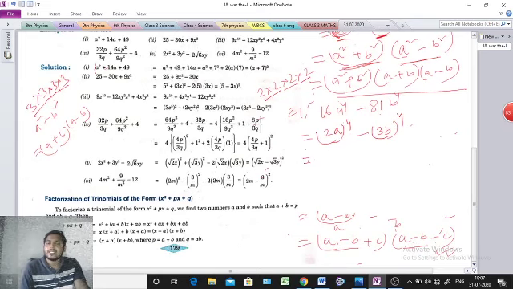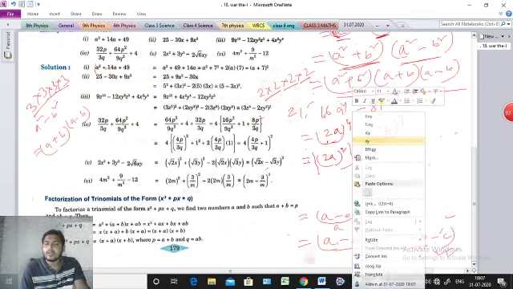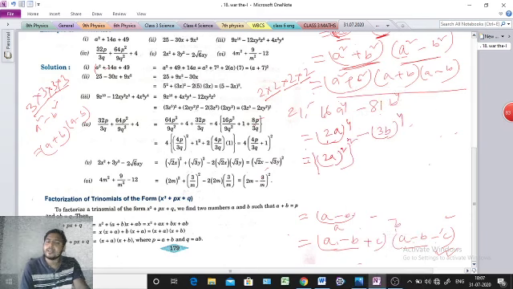Now we'll write this one: 2a whole square. After that, next whole square also. Here power 2 again, because 4, so that's why power 2. After that next power 2 also. Similarly here 3b whole square, 3b whole square, after that here power 2 also.